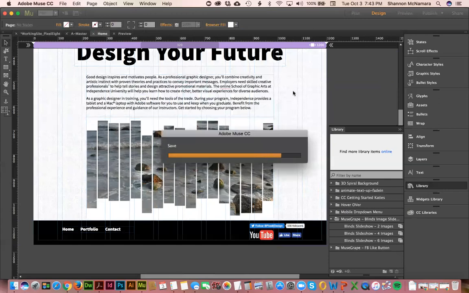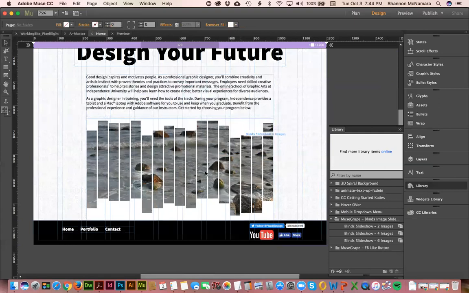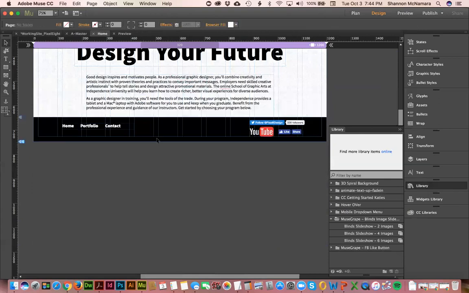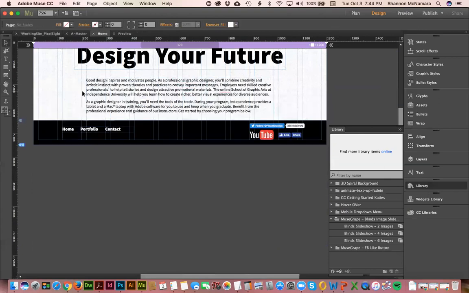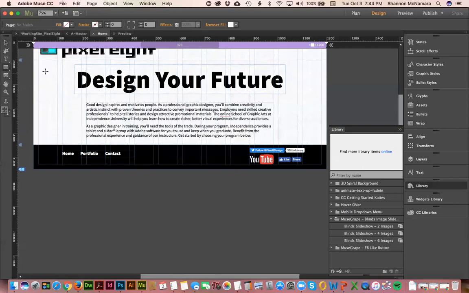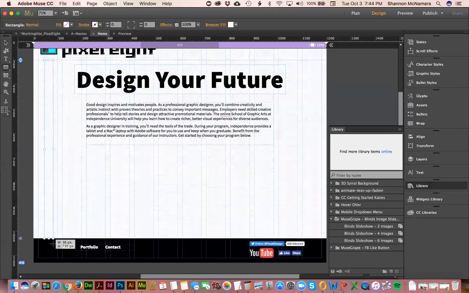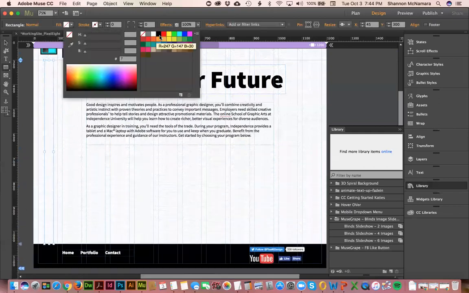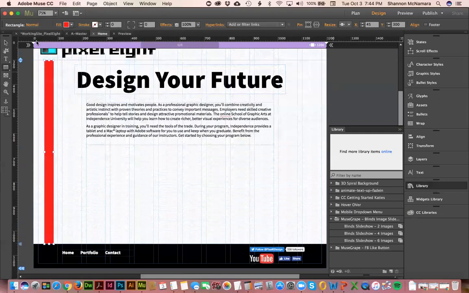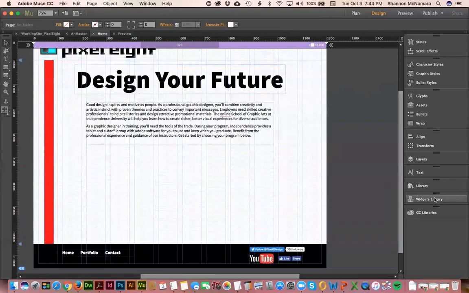All right, so here is that widget, the third-party slideshow. So that's how you set that one up. So I'm going to delete that one, and I'm going to show you how to set up the widget slideshow that's already available in Muse. So again, I'll draw my rectangle, just kind of extend the size of my page. Close up this library, and that slideshow that's already in Muse is in the widgets library,